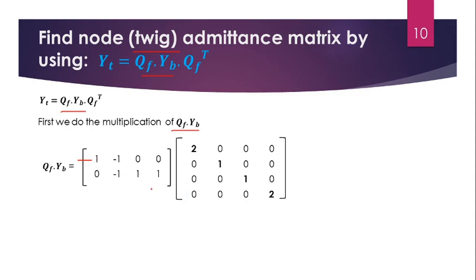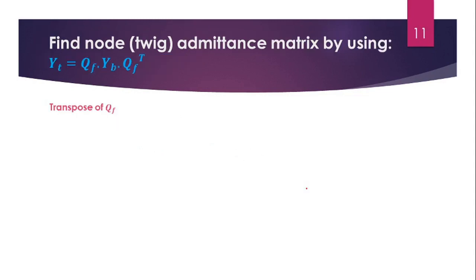So we are getting here that this is 2 by 4 size and this is 4 by 4, so the resultant matrix size we are getting is 2 by 4, and the elements we are getting are 2 -1 0 0, 0 -1 1 2. Okay, you can go for that row and column product and their respective additions.